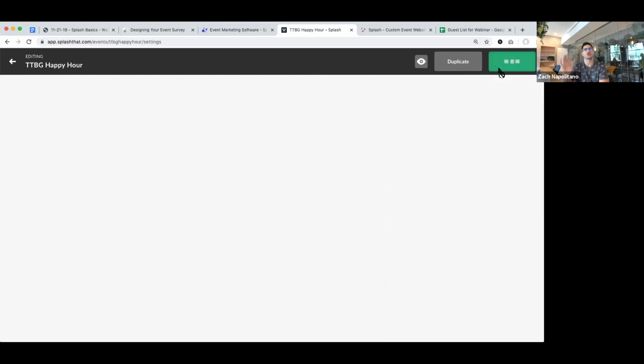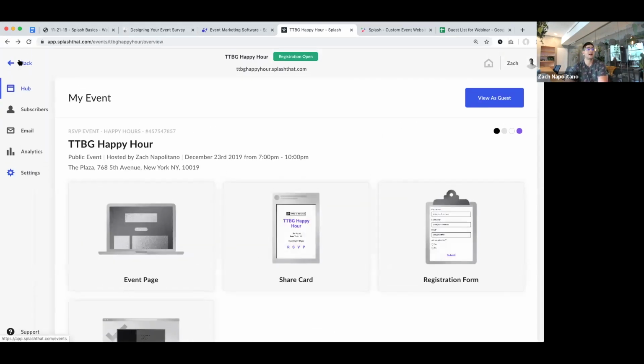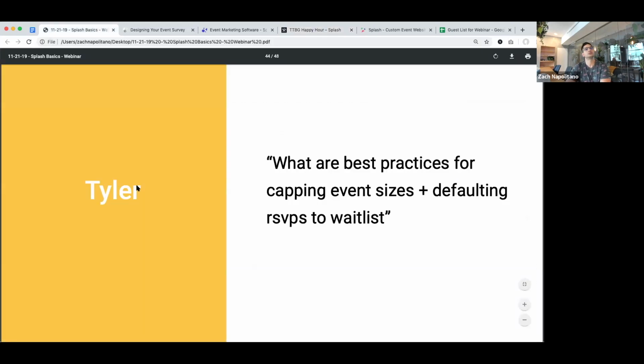The other thing I always stress with waitlists is it is more than anything an exercise in messaging. When somebody is added to your waitlist, that can be a moment of anxiety. They want to come. So what I would recommend doing is in your confirmations messenger, make sure you're giving your waitlist folks a very thoughtful on-page confirmation and an even more thoughtful email confirmation if you'd like to. Some people disable the email, so they think it's overkill. It's just a touch point that you might want to consider.